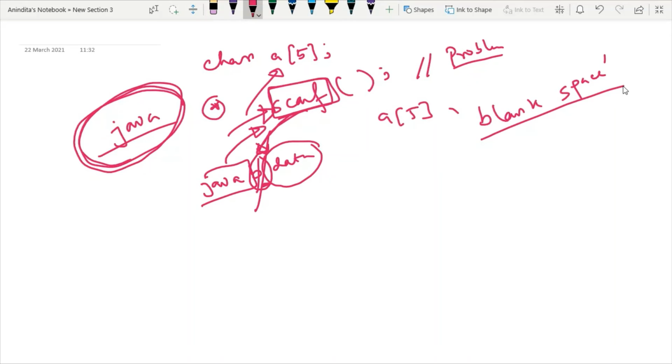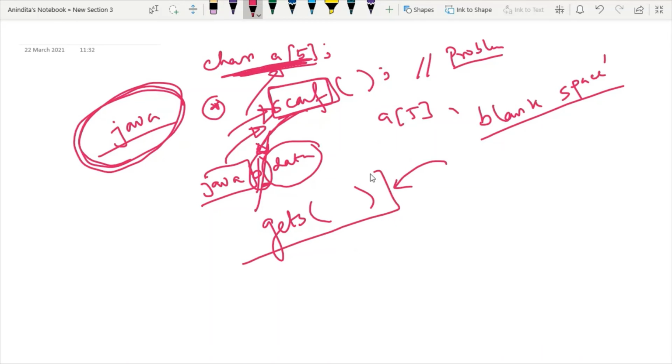So after this problem, the next function which is encountered is known as gets. So gets is just a function which is used to take input inside a character array, but this gets function is more useful than scanf because it can deal with blank spaces.